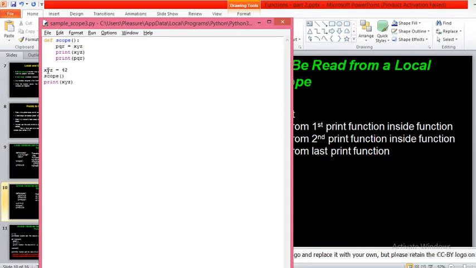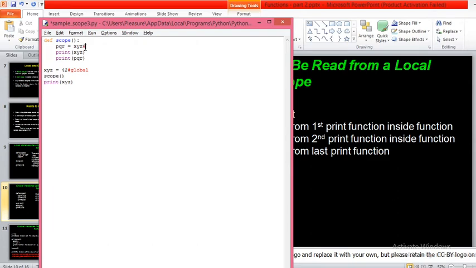First try to understand here. Code will begin execution from here. What is this variable xyz? Is it a global variable or local variable? Yes, it's a global variable because it is outside the function. Then what's its value? 42. Then the second line of code will be executed. That is scope. This is a function call, so the program execution control will be transferred to the definition. It comes to this line.